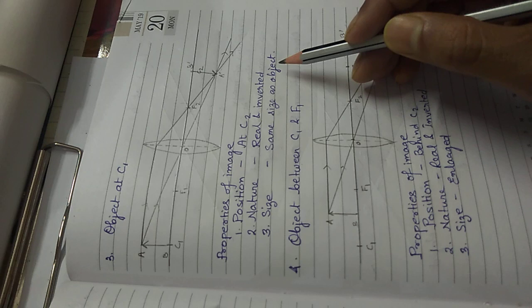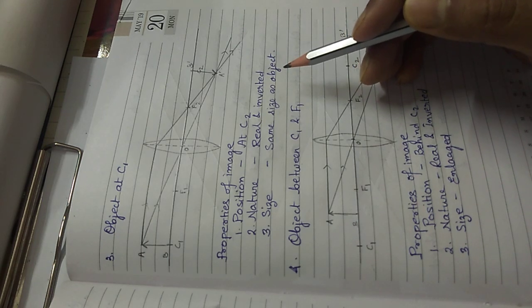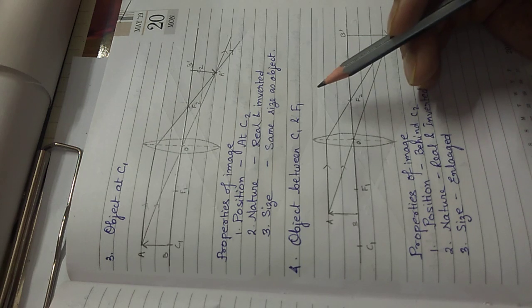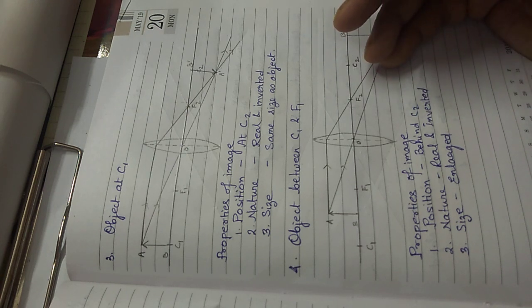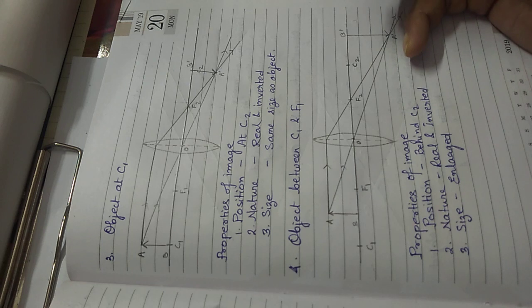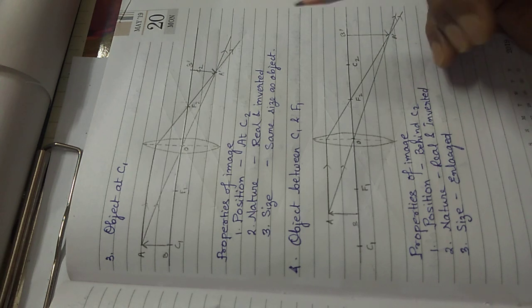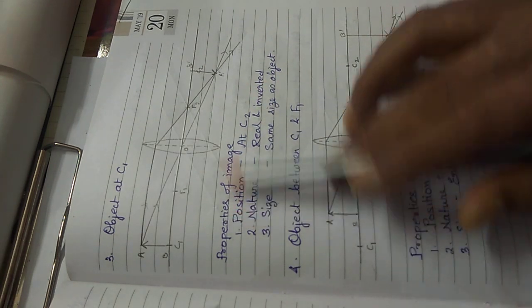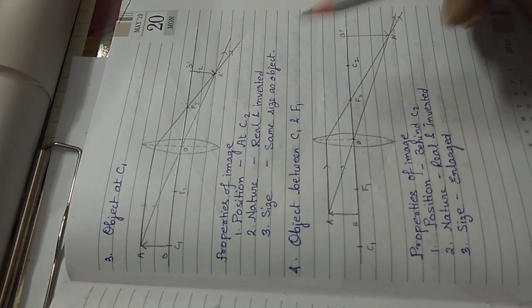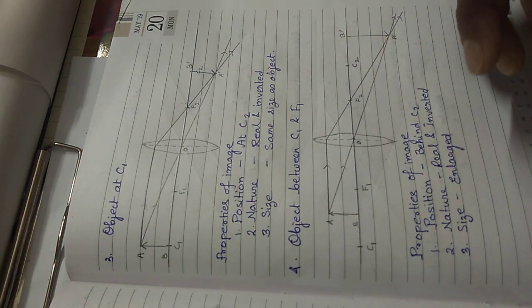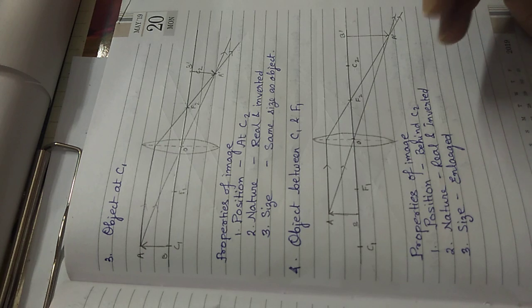While discussing the numericals on mirrors also, I told you that it is very important to know the ray diagrams very well, because while solving numericals, you can picturize the ray diagram and you can guess what will be the nature of the image, where it will lie. So in a question, if it is given that the object distance and the image distance are the same, then you can automatically guess that it is a case of a convex lens and your image is being formed at C2. So object size and image size are the same. All these things can be guessed from some information given, if you are able to create the proper picture in your mind.